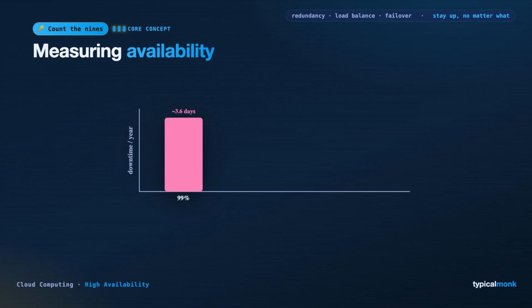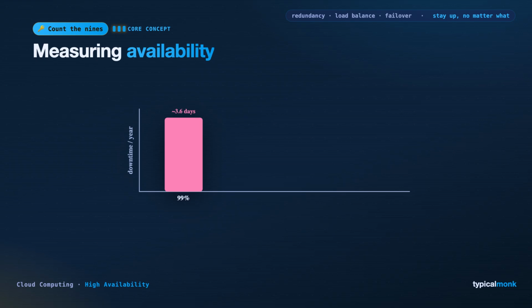Availability is quoted as a percentage of uptime, and people talk about the number of nines. 99% is 2 nines. 99.9 is 3 nines. 99.99 is 4 nines, and so on. These sound almost identical, and yet